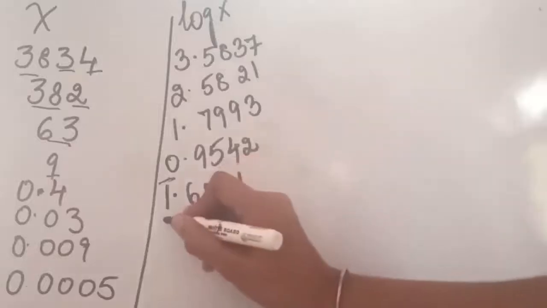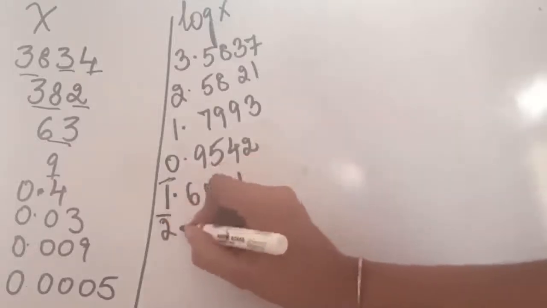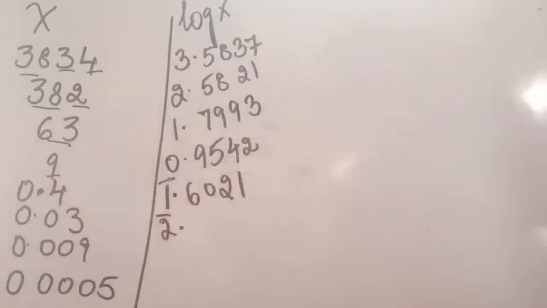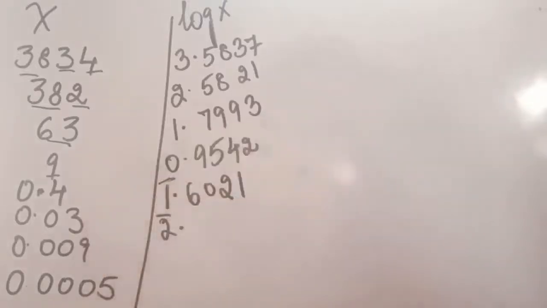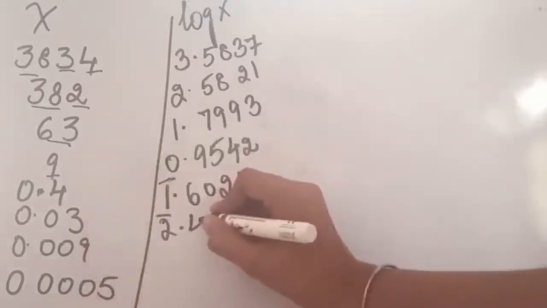So here we will put 2 bar point. So when before the point is 0, after the point is also 0, we will take it that before the point there is no value, even after the point there is no value. So we will be taking here 2 bar. And how will the value be seen? 30 under 0. So that is